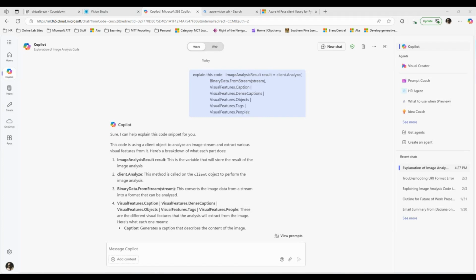We want to know a generated caption about that image, which, by the way, is one line. It's a one-liner. I also wanted to generate dense captions. Dense captions is up to 10 lines, and it's just a description of the image. Identify any objects, generate tags, and identify any people. So you can pick and choose which ones you want. And if you don't know what features you want,